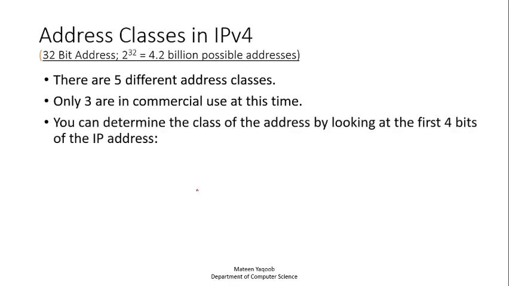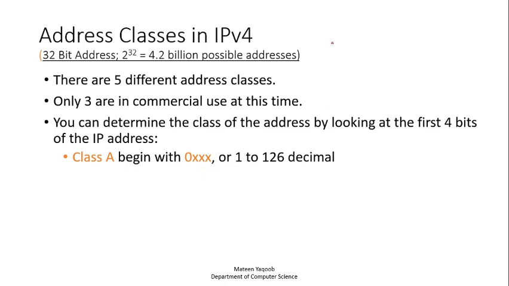अच्छा, क्लास कैसे पता चलेगी हमें एड्रेस की, किसी भी IP एड्रेस की? तो फर्स्ट 4 जो बिट्स होती हैं, वो आपको डिटरमाइन करके देती हैं IP एड्रेस की क्लास. क्लास ए जो IP होगा वो स्टार्ट होगा 0 से, अगर उसको हम लोग कन्वर्ट करें बाइनरी के अंदर, या अगर डेसिमल की बात करें तो डेसिमल में जो रेंज ऑफ क्लास ए होगी वो स्टार्ट होगा 1 से लेके 126 तक. ठीक है, 0 IP एड्रेस नहीं होता.